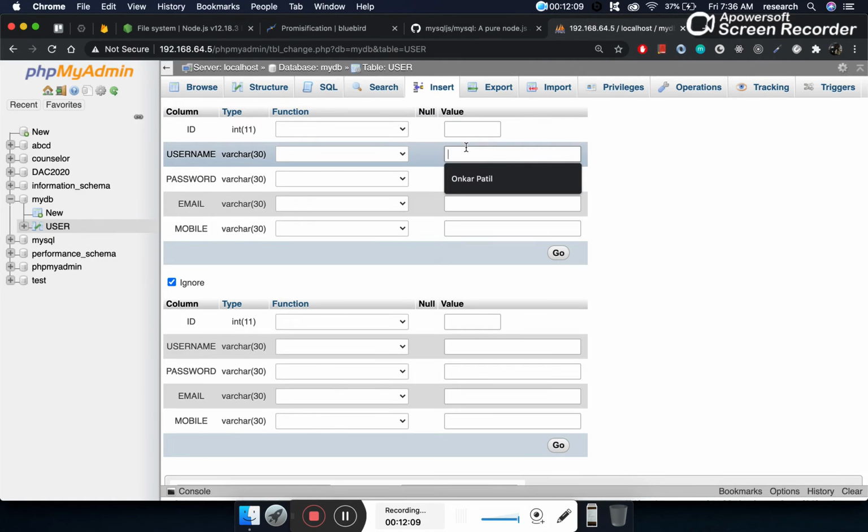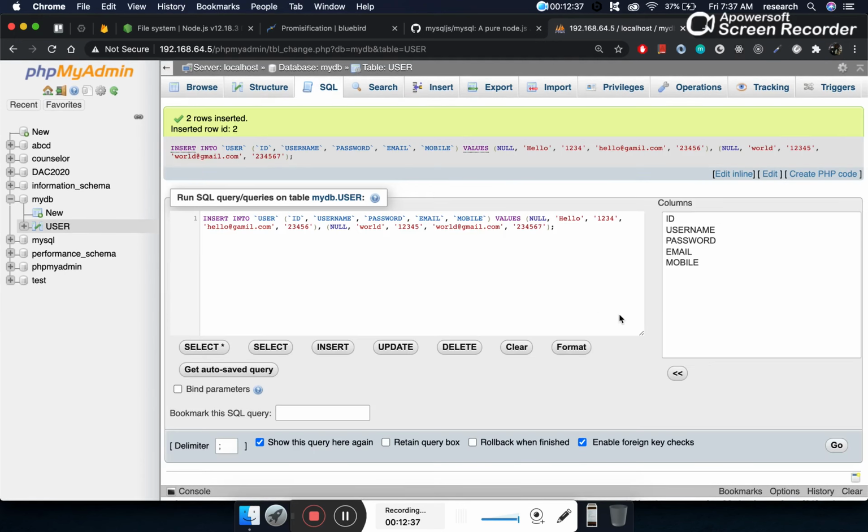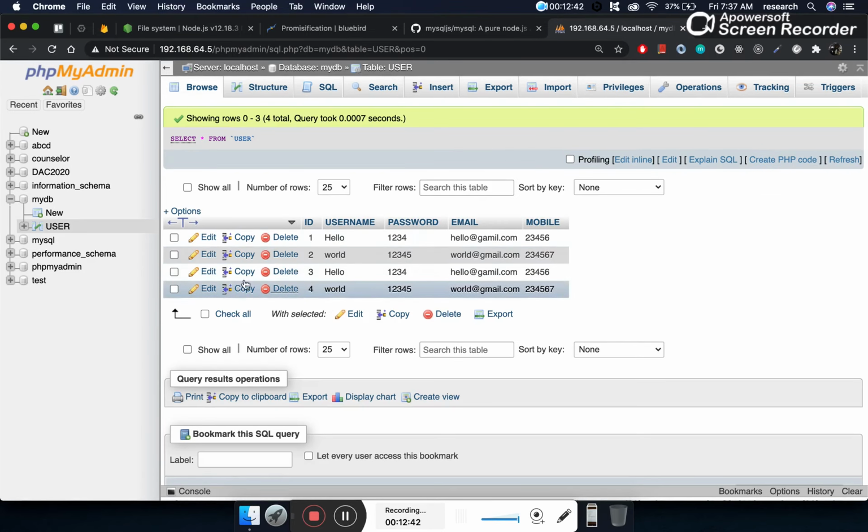Let's suppose hello, 1234, email is hello@gmail.com, and mobile is 2345678, and there is world@gmail.com, and a mobile number something like this. Then we can go and execute the query. So we can see the records. Okay, it has been added 2 times.